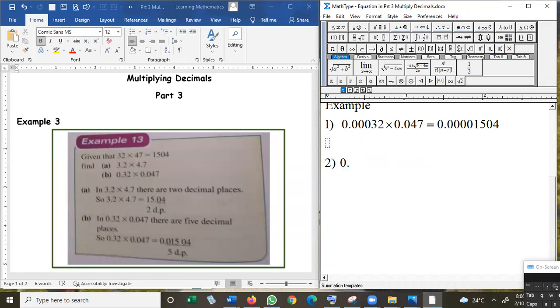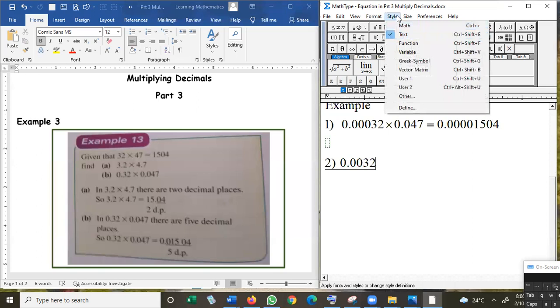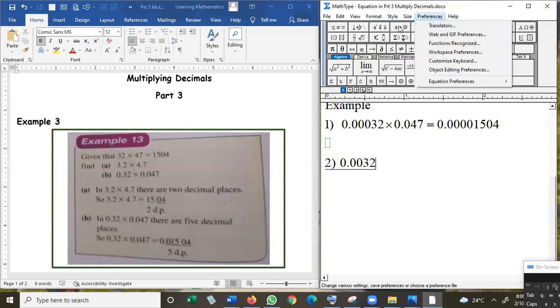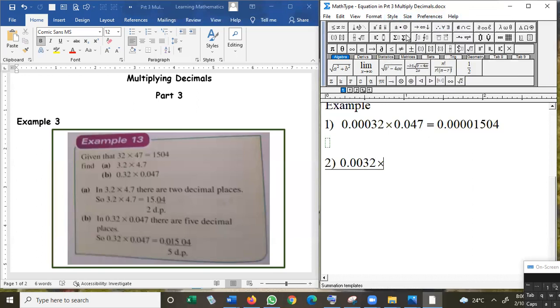Let's say we have 0.0032, the same 32, times 4.7, because we just want to practice the whole idea: if you multiply the whole numbers and you get your answer,